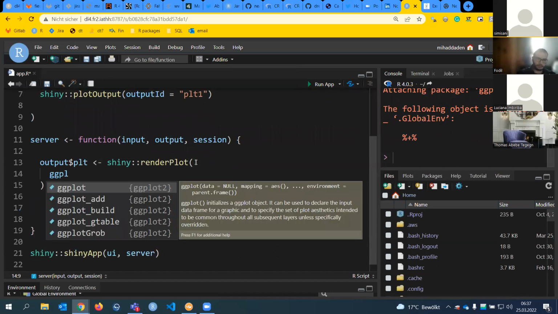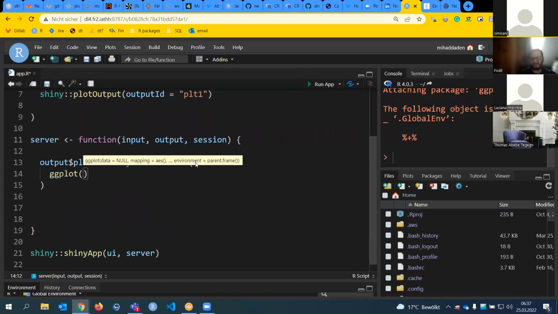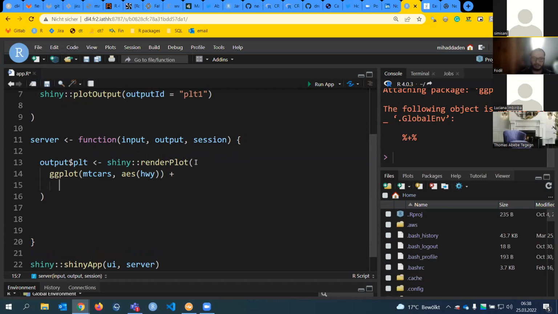ggplot. I will use a base R dataset called mtcars. It's a really well-known dataset. You can just type mtcars in the console and see the columns. It's really nice to work with. For people who are not familiar with ggplot, I'm doing nothing fancy here. I'll just create a histogram of some variable using the aes function, hwy for the name of the variable I want to display in the plot, and then geom_histogram. So I save, I run, and now I have my histogram.